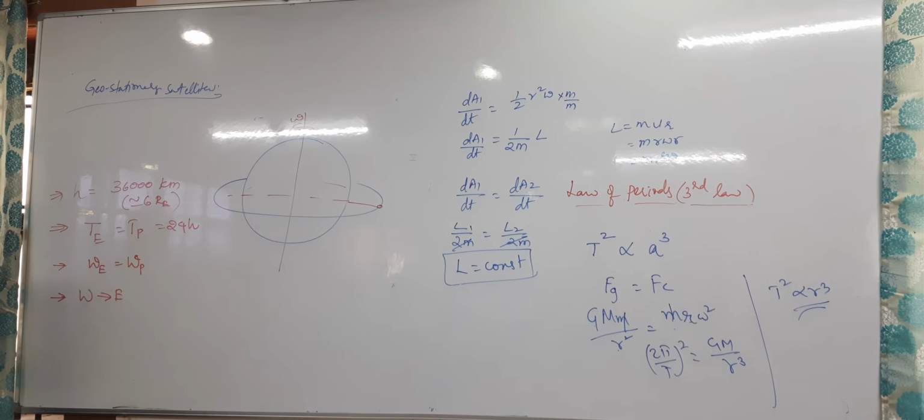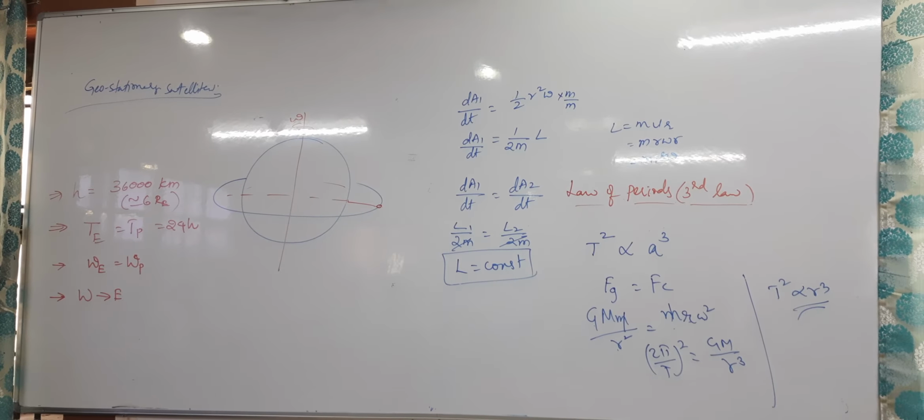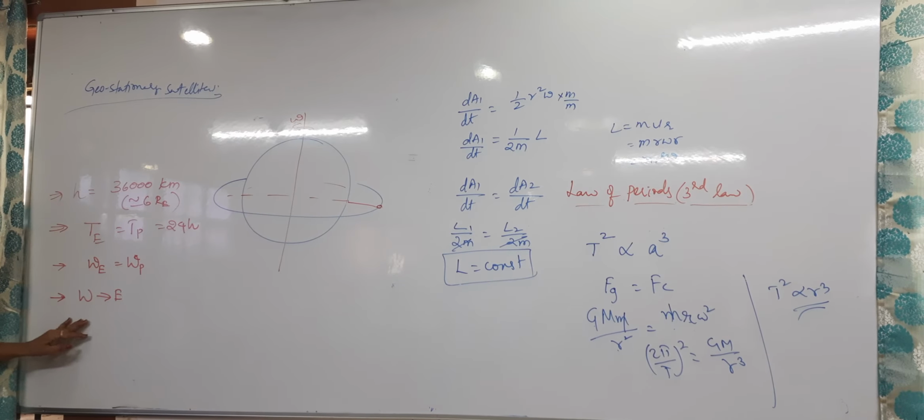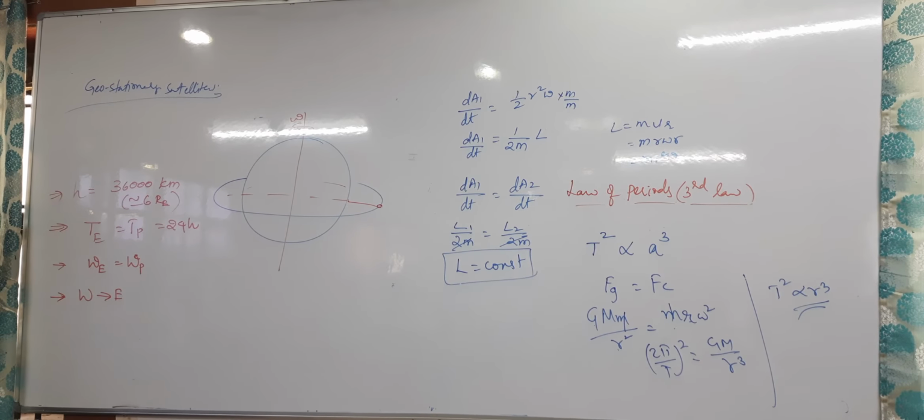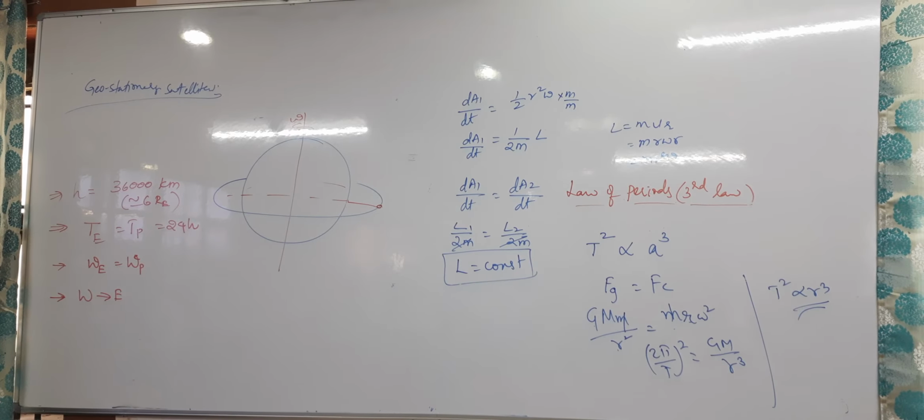So this is the range of the height, 36,000 kilometers. Time period will be equal, angular velocity will be equal, and direction of rotation also equal. Always you have to remember this. You will get this in magnetism also again. In magnetism and matter, the earth magnetism concept will be there, and there also you will get this. So the earth will rotate from which direction to which direction? West to east. And all the geostationary satellites also have to revolve in which direction? West to east only.